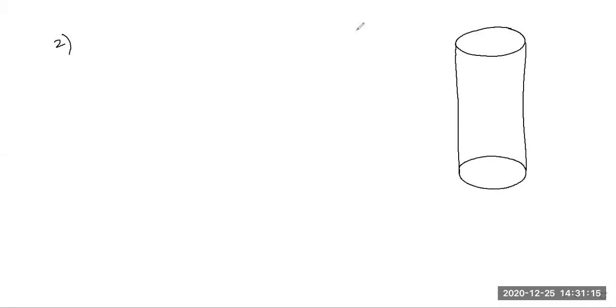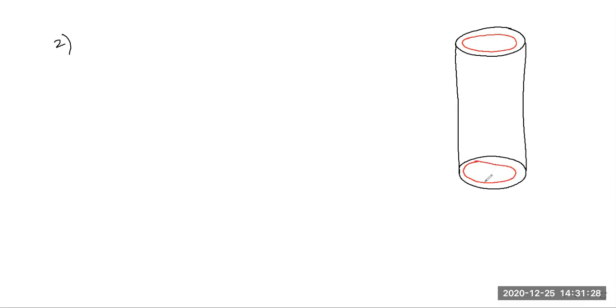Now the second question is: the inner diameter of a cylindrical wooden pipe. This needs to be understood. Even if you do one question, do this one. So this is the kind of pipe. This is the outer diameter of the pipe, and then I will draw the inner diameter. This is the inner diameter. Similarly here also I will draw the inner diameter.